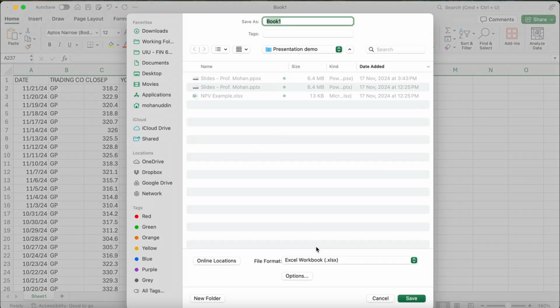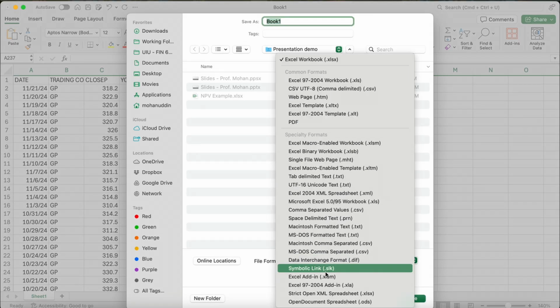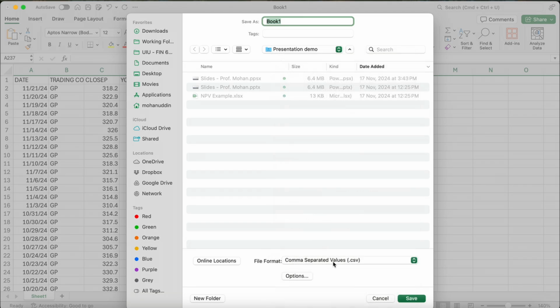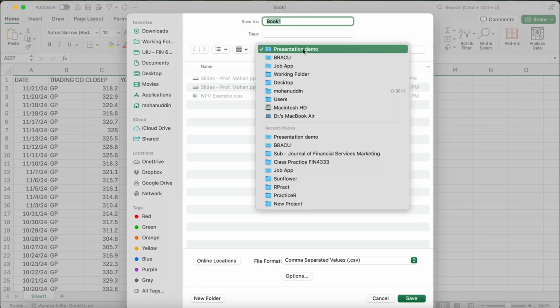Save as. Remember to use comma separated values, CSV. Do not go for any other variation. Try to find the very simple comma delimited CSV. Do not choose Macintosh comma separated or MS-DOS comma separated. Avoid these kinds of things, or simply choose comma separated values. That is the best one. Comma separated values .csv, and the file name is